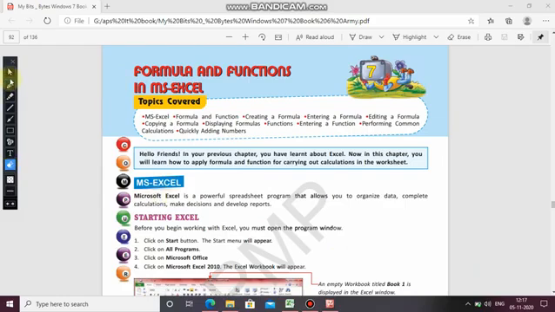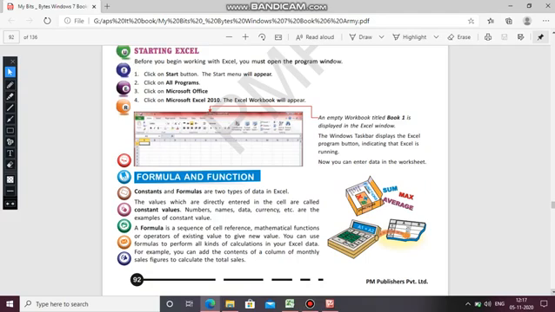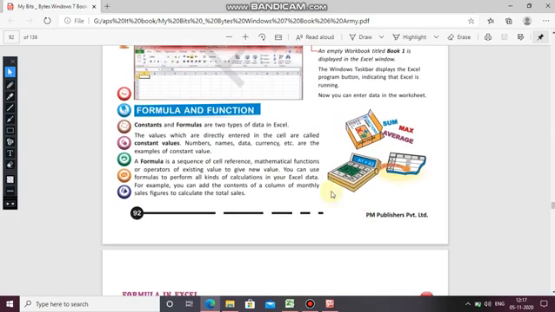Next what we will see, formula and function, the next topic. Constants and formulas are two types of data in Excel.